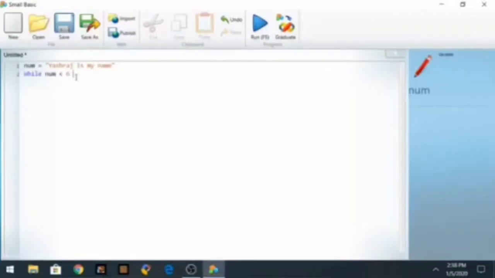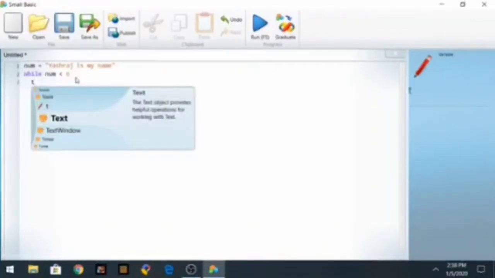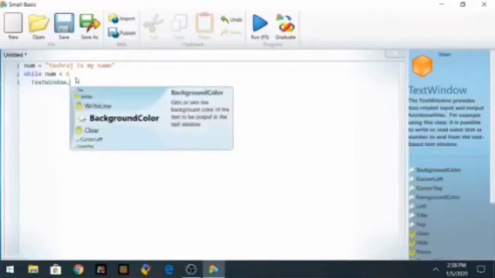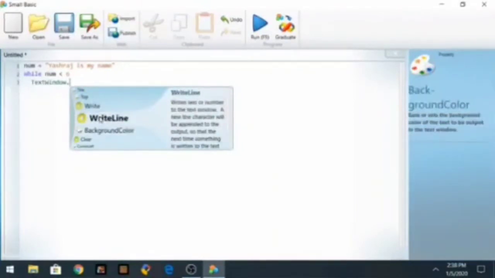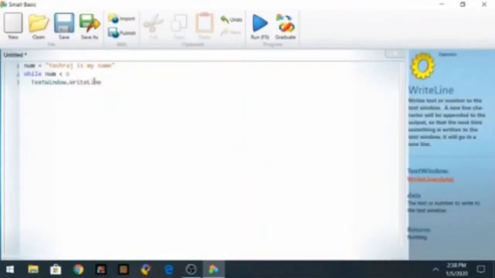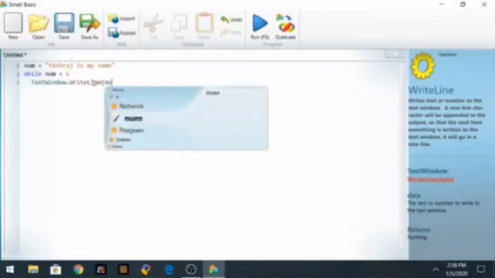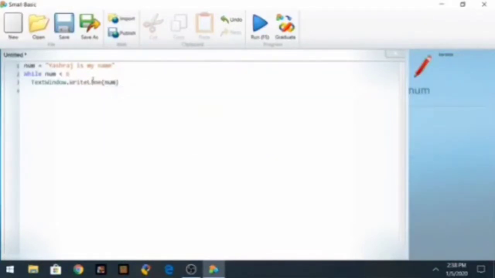Is that correct? Yeah, correct. Text window dot write line, num. Then if we do this, it's going to be an endless loop, meaning it will be writing while unlimited times,